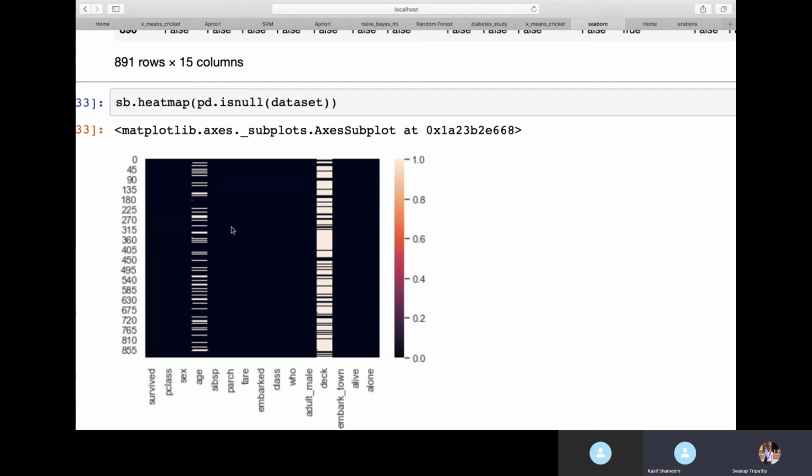For me, this dot has not come, 180. One dot is there, right? One white color in the bar. The sequence is different in mine. It depends on the Seaborn version. It just shows you the color depth. It's not needed anyway.